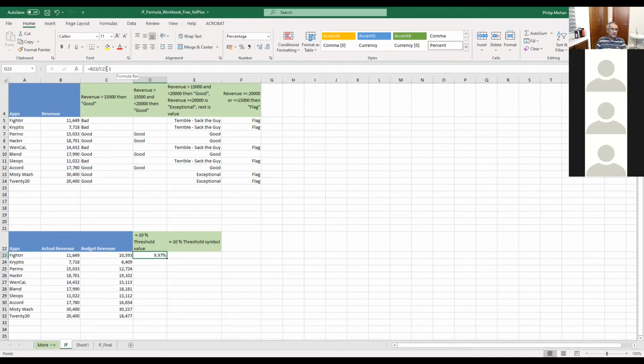If you left it without the 1, basically it will say it is 109% over the budgeted revenue. But we want to know only the incremental percentage, so we minus 1, which is always 100%, by the way. It's understood by the system. 100% means 100 over a cent, which is 100. That's 1. That's why we say 100%. Cent is 100.